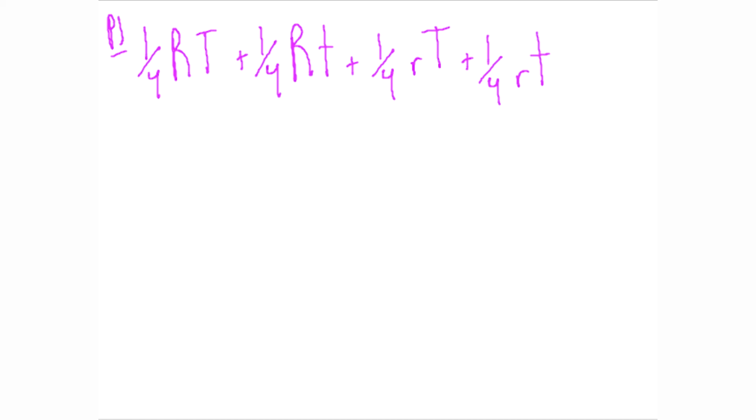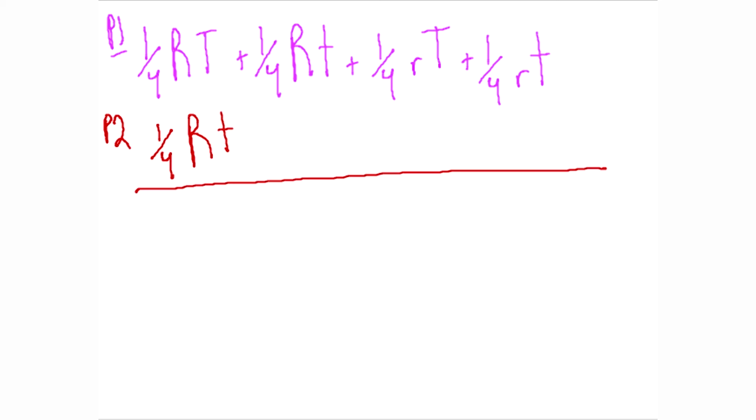For parent 2, it was 1/1 big R, little t. Multiplying the terms through, multiplying by each other, we get